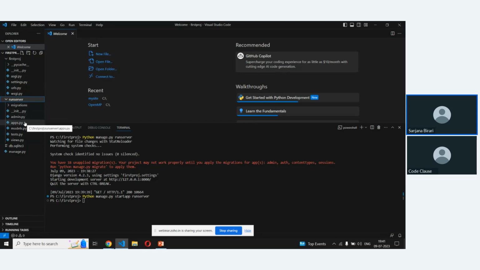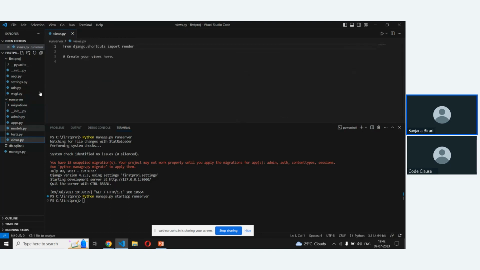Then apps.py, which is used for application configuration, and models.py, which creates the model class to pull out all the data required from the database. Then tests.py, we use to write the test module, what we are going to test. And views.py is nothing but the request handler; it just takes a request and gives a response to us.